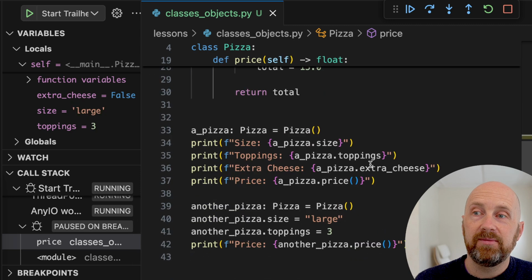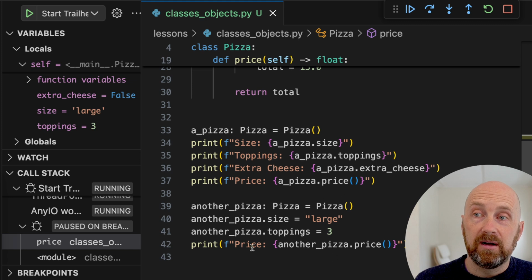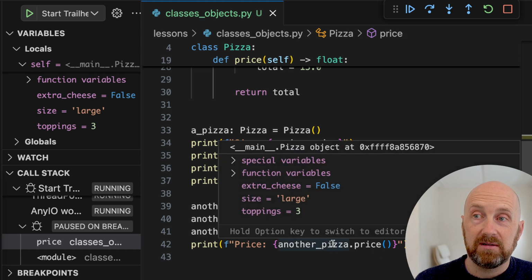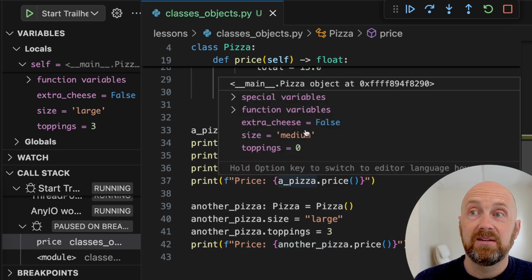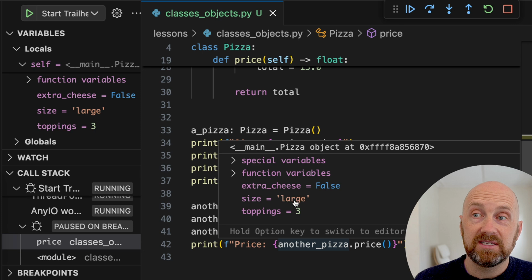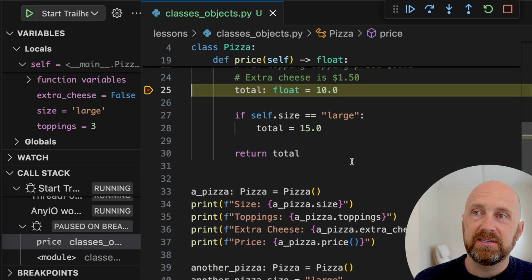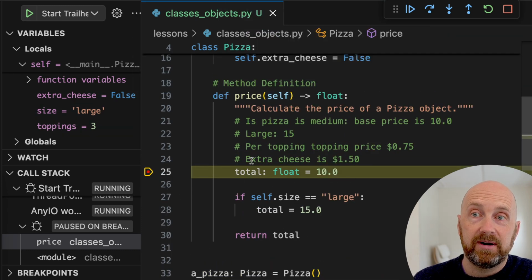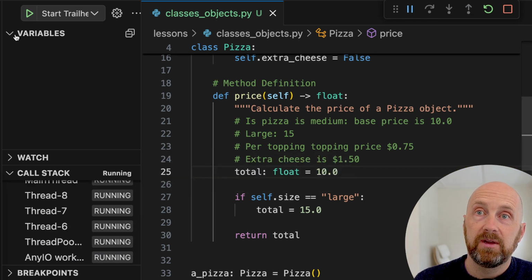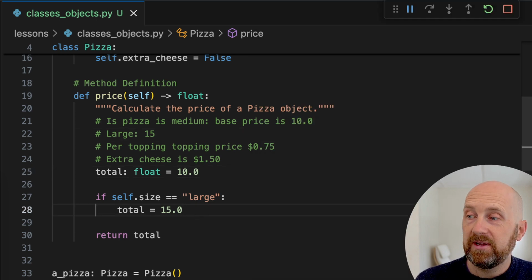So we're back at the same line, but notice now our size is large, our toppings is 3, and that's because we're calling the price method on another_pizza. And we see that another_pizza has these attributes. This is different from a_pizza. a_pizza is size medium. another_pizza we set to be size large. So these are two separate objects. And the second time that we called price on another_pizza, you see that self is referencing that object, right? So we've got a reference to it, and that's why it's going to result in a different price once we continue on. So I'm going to remove that breakpoint, close my debug pane,